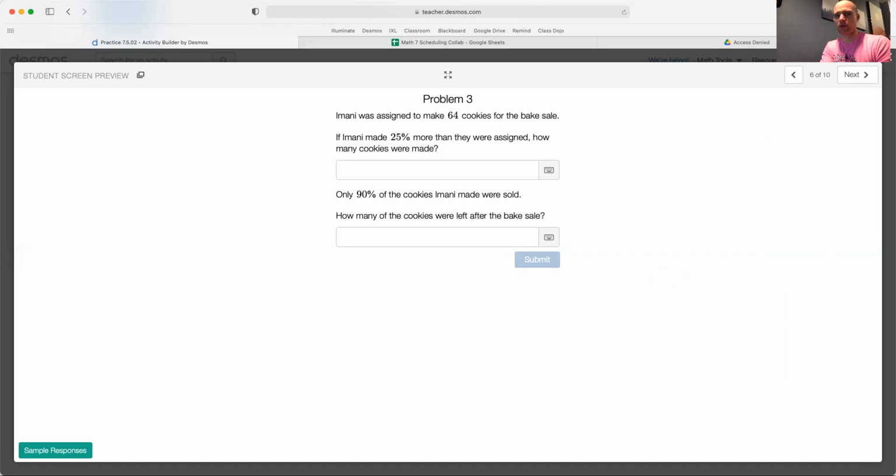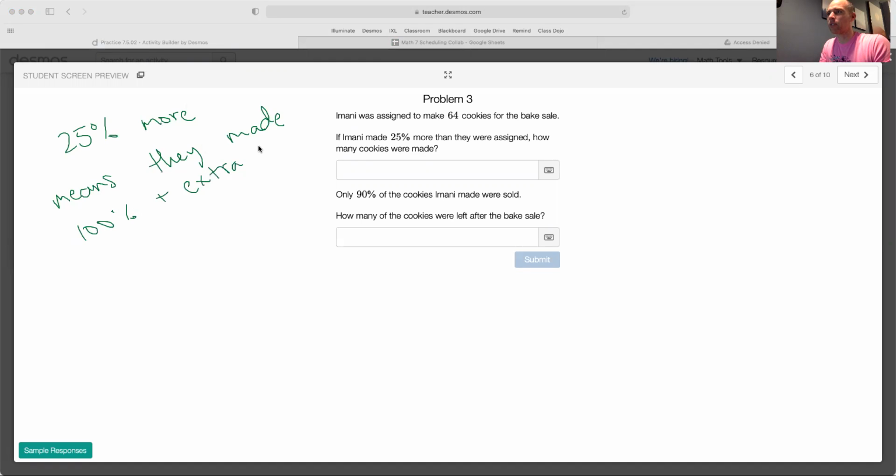Okay, so I like to think of it this way. 25% more than they were supposed to make means they made 100% of what they were supposed to make, that's the 64, plus an extra 25%. So they made 125% of what they were supposed to make, and as a decimal, that's 1.25. So if we just do 1.25 times 64,